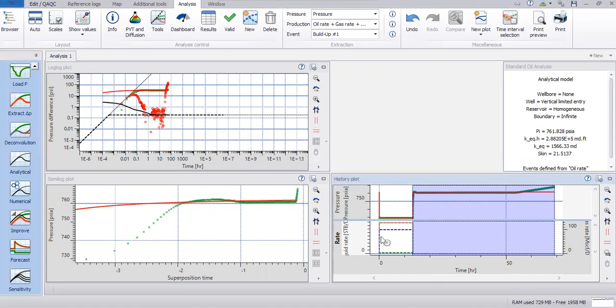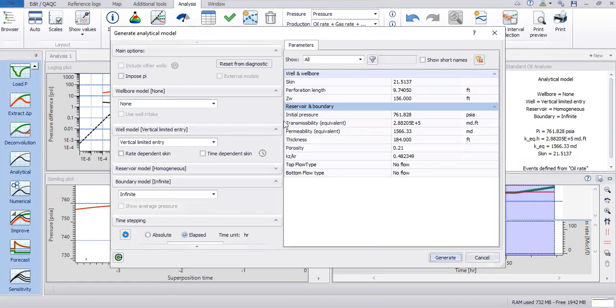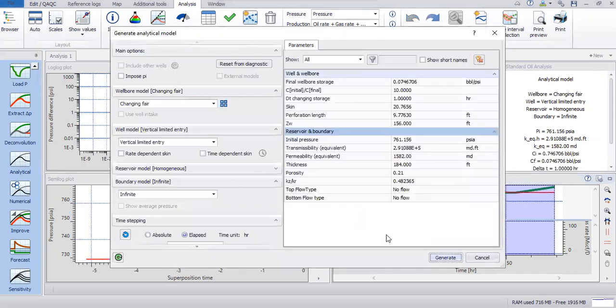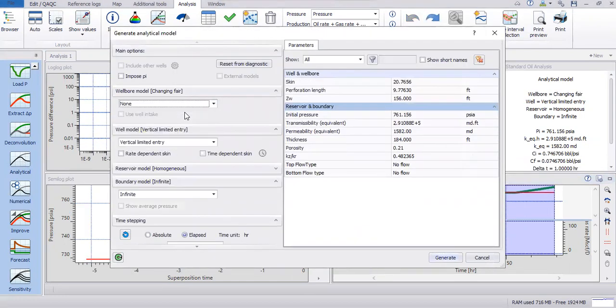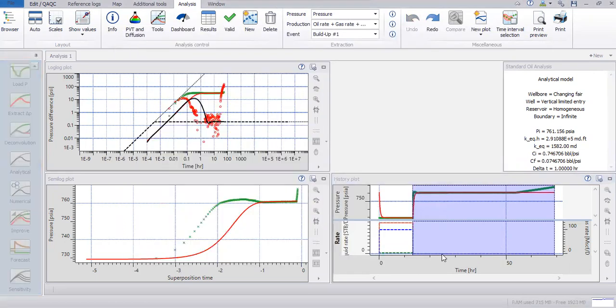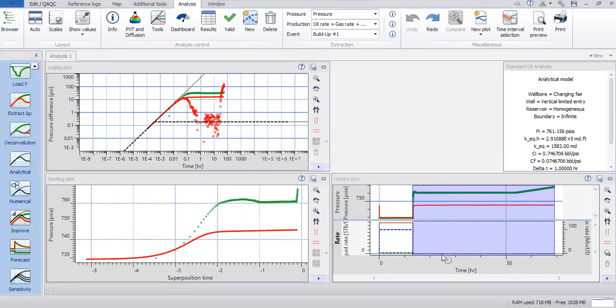Yeah, this can happen if you stop using changing wellbore storage. Hmm, can undo. Reset from diagnostic. Yeah, let's try again. Try it again. And analytical,